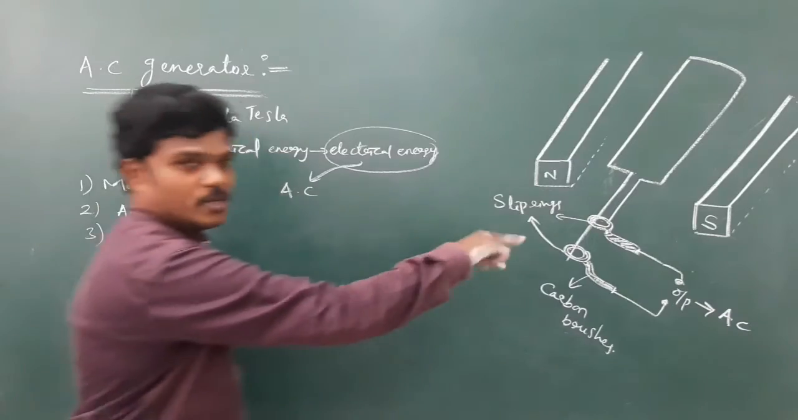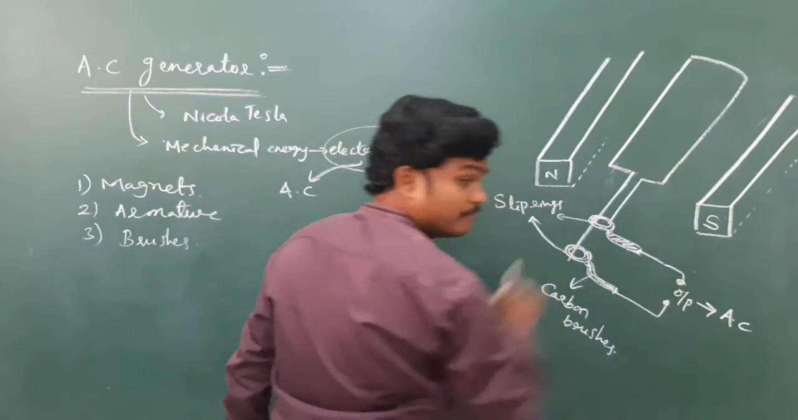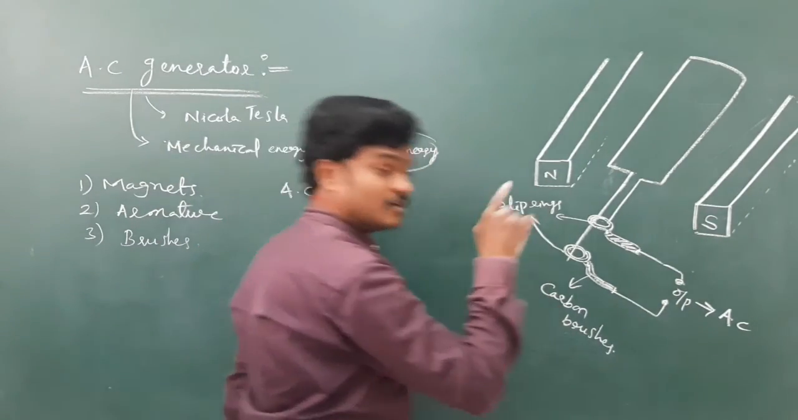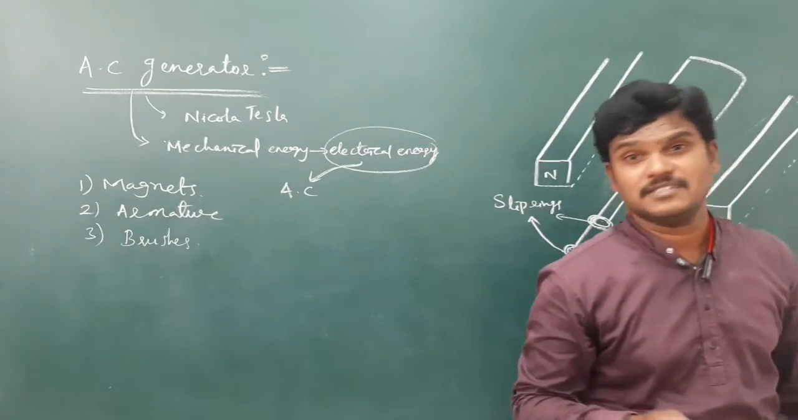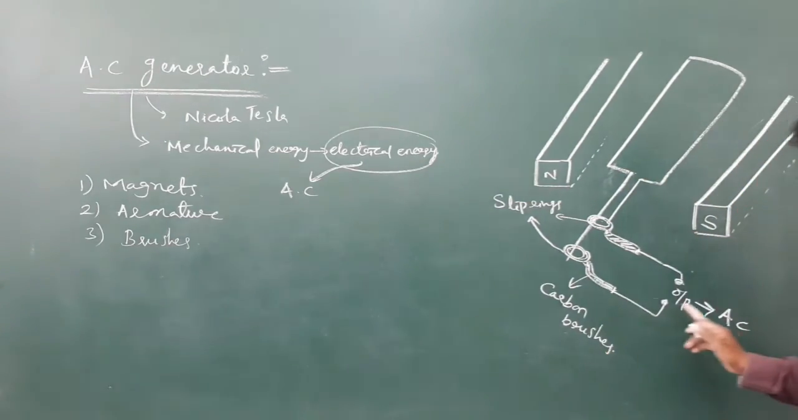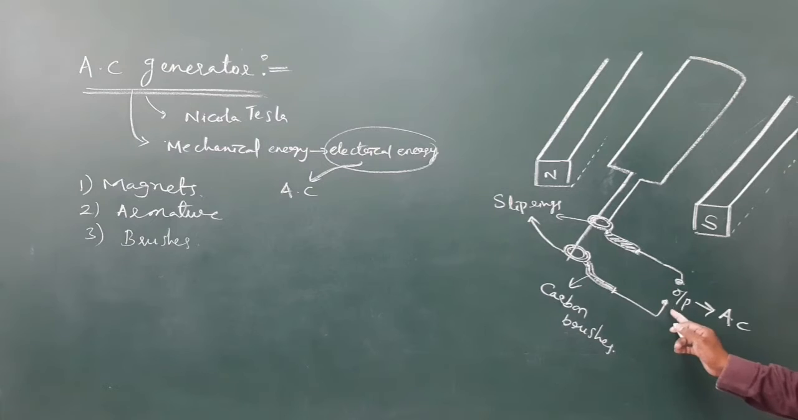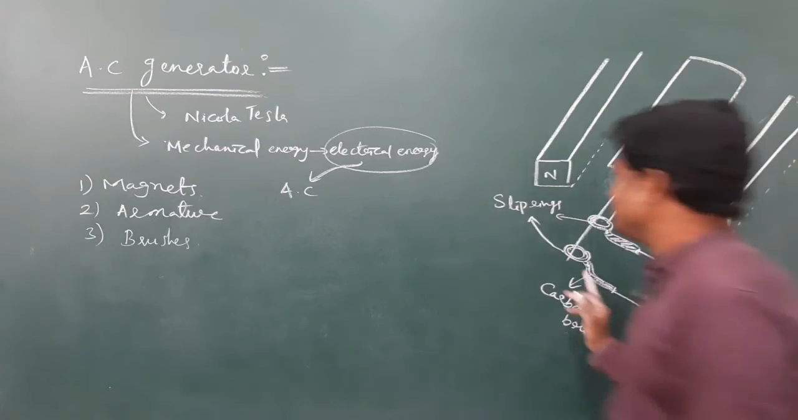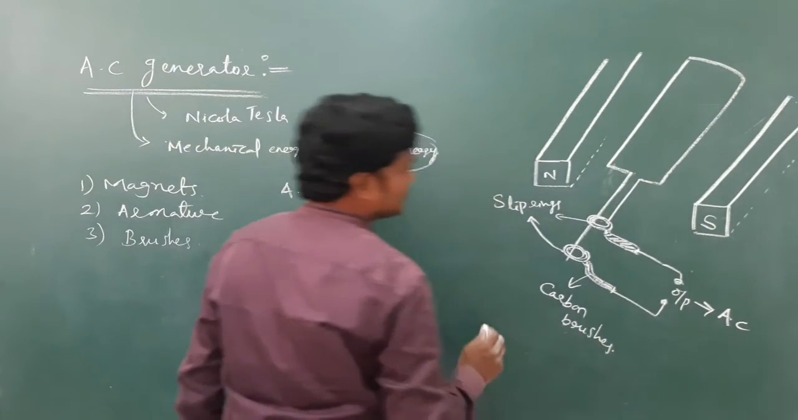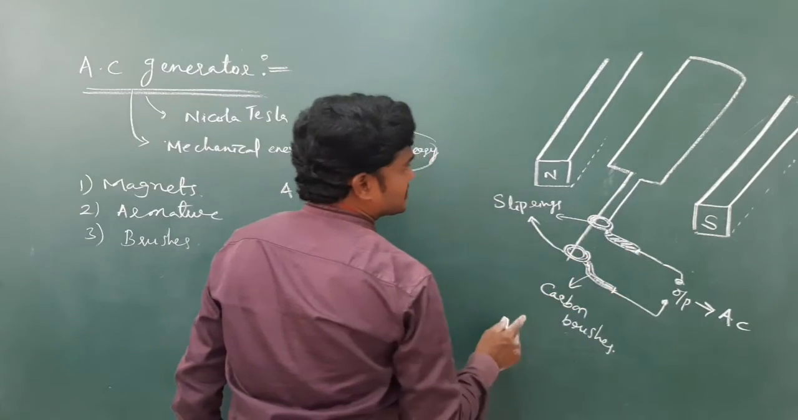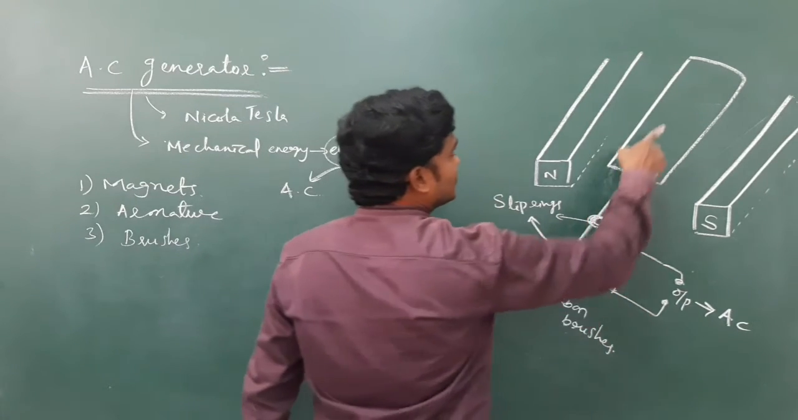If you connect any load, here if you connect any bulb, that bulb will glow because our household supplies are AC supply. So this is converted into AC. And see, these are the carbon brushes. And see, this is nothing but